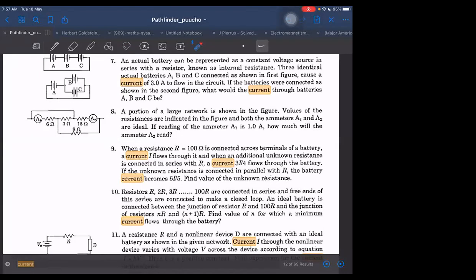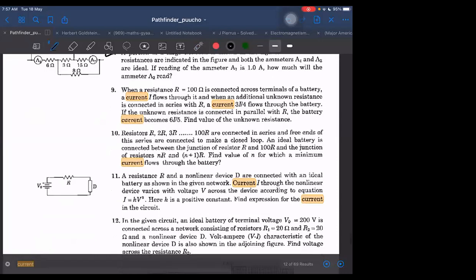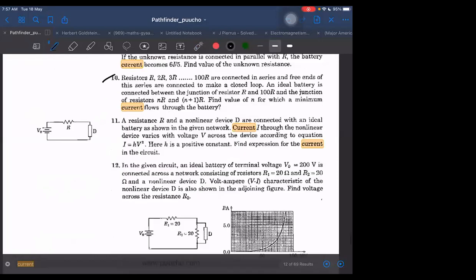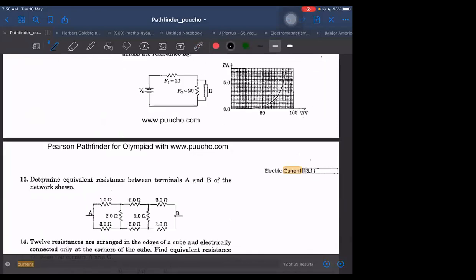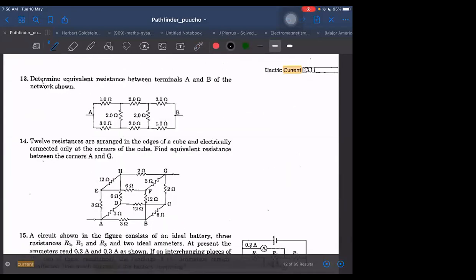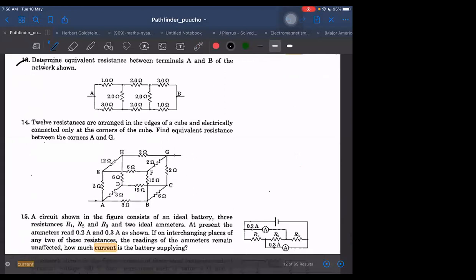Question number 8 we can do. This 8th one is nice. Are you noting down? Just note down, because after that I will give you this and you have to do these questions. Question number 8 you have to do. Question number 8, 9, 10, all these you can do. 8, 9, 10, 11, and you can do 12. 13 you can do. 14.